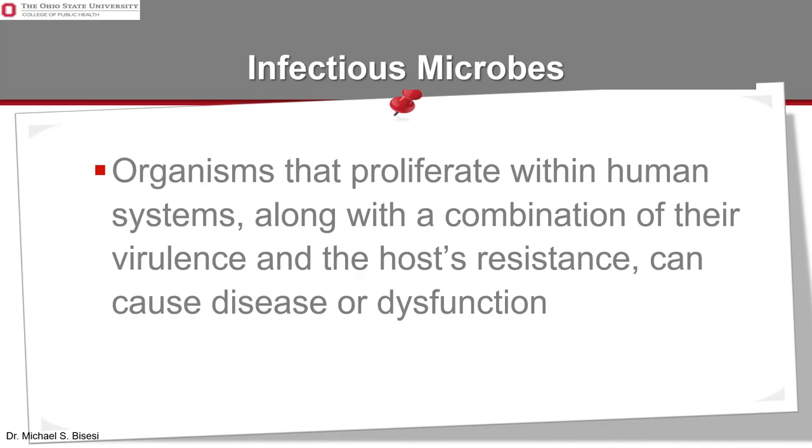But when we say infectious microorganisms, this refers to organisms that can proliferate within a human system. Before we even concern ourselves with proliferation within a system, we have that understanding of hazard, so the inherent hazardous characteristics of the organisms or agents involved, but also the hazard potential, and that is the likelihood that exposure occurs. So this assumes that exposure occurred, and only after exposure occurs can the organism proliferate within the system.